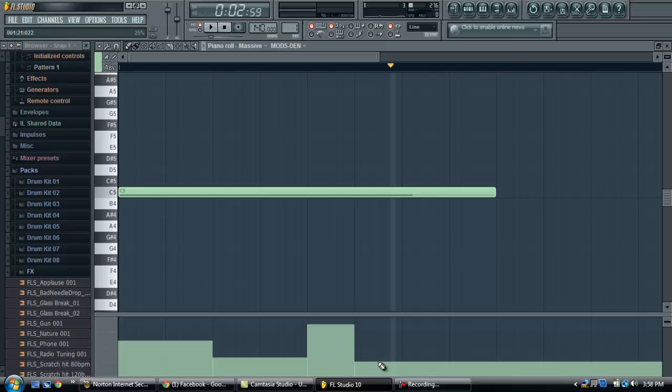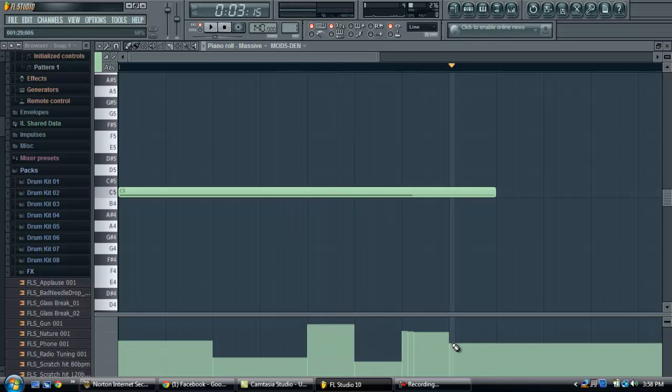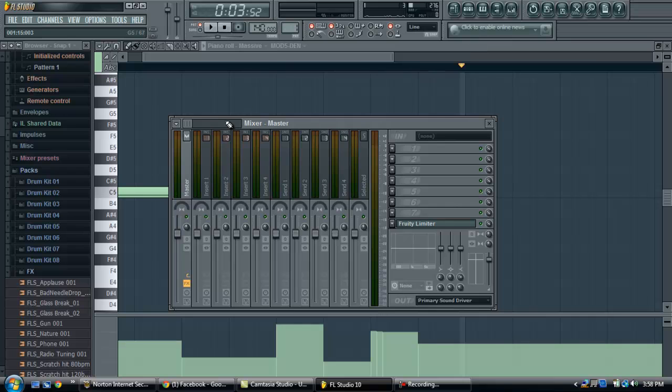Alright, and pretty much what you do is just fool around with it until you get a nice sounding bass, I guess. This isn't really a bass, but